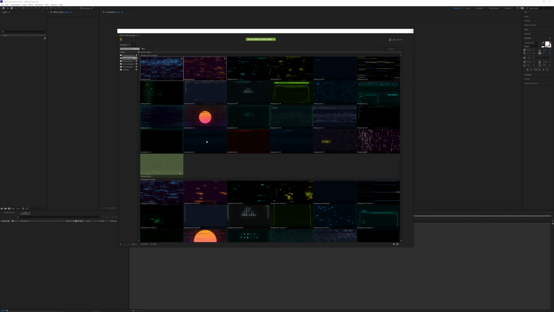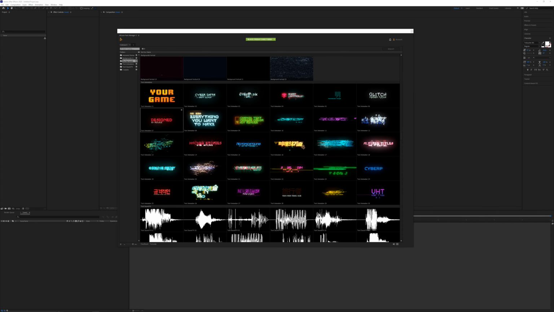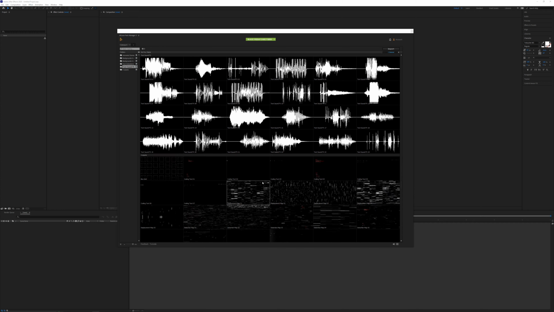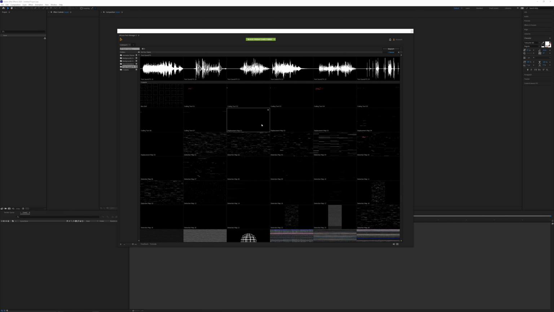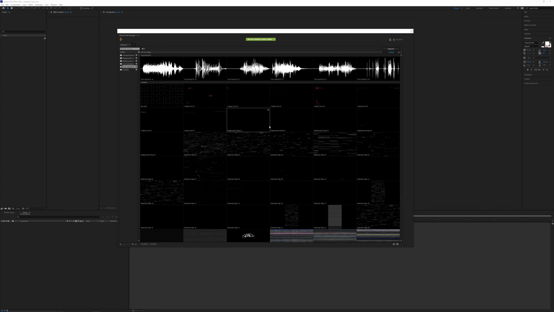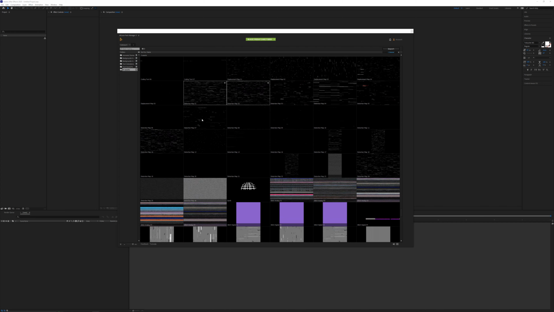So we've got some backgrounds here, horizontal and vertical, and then we also have these logos that we can use as a starting point. We also have some sound effects, and then we also have these distortion mats, which you could either use for some kind of displacement, or you could use for more of a Luma mat type of effect, which I think we'll actually use both in this tutorial.